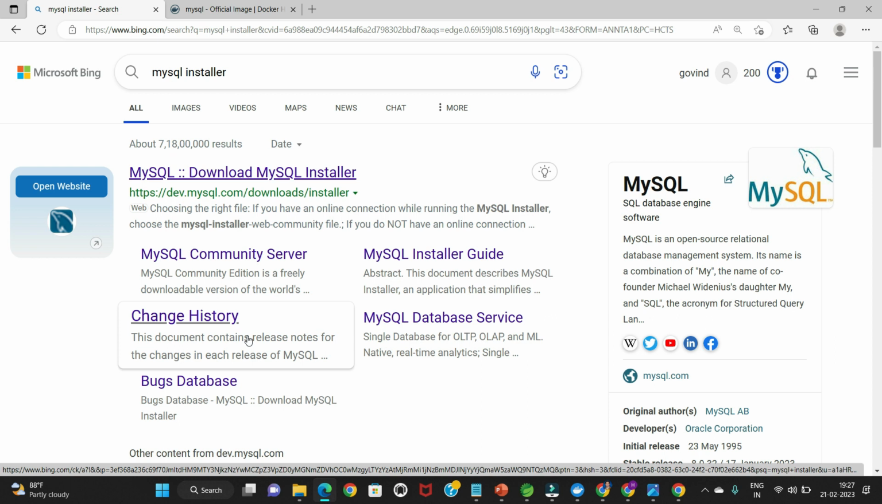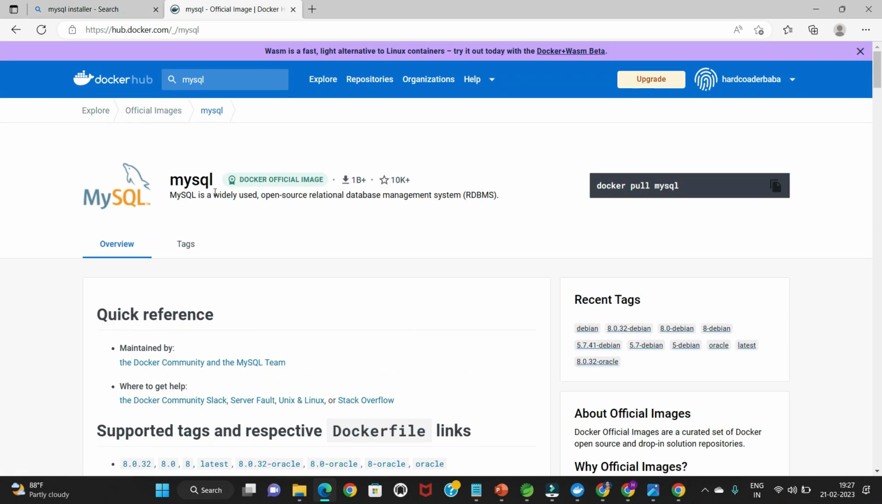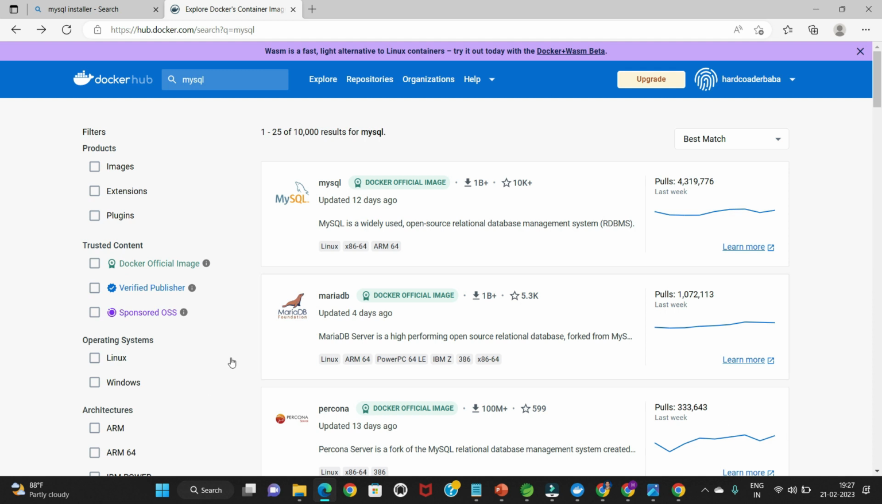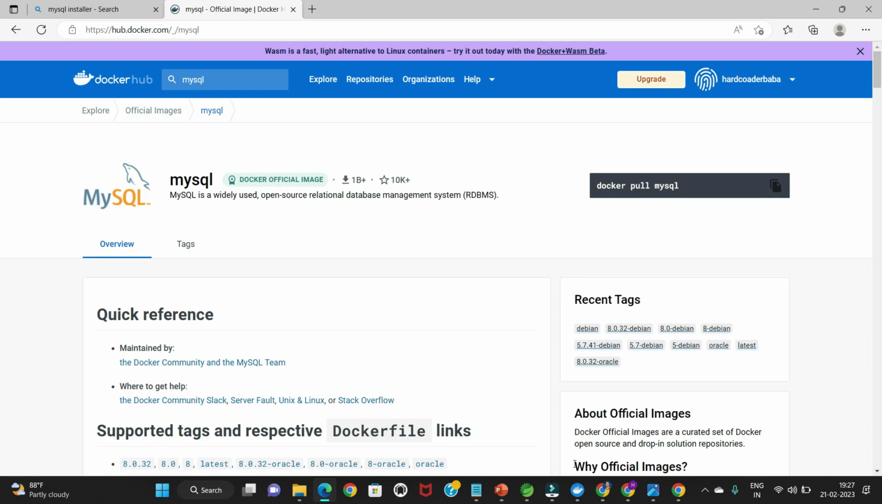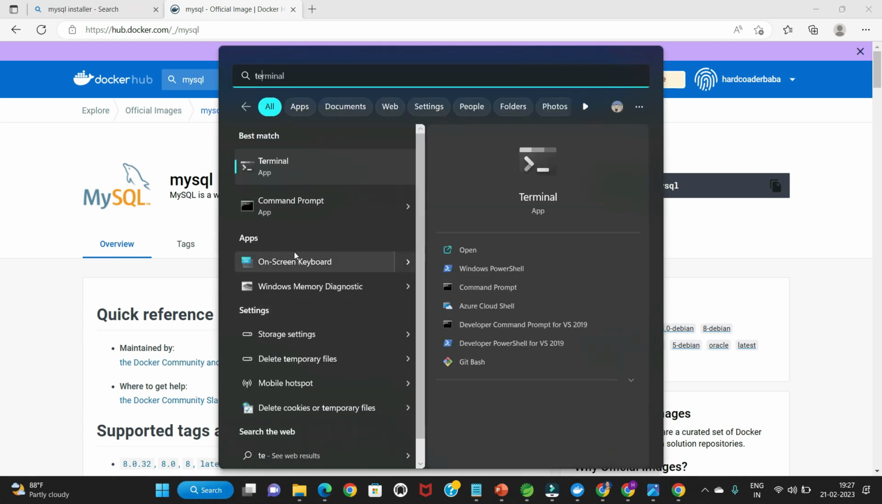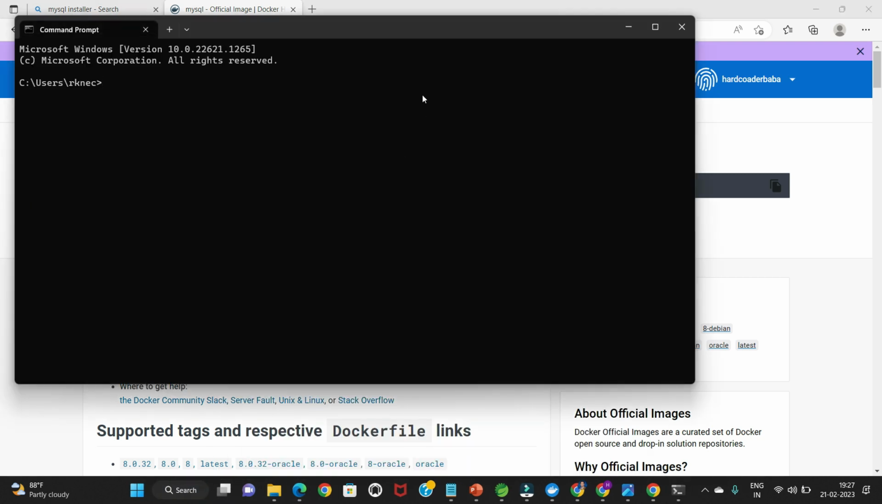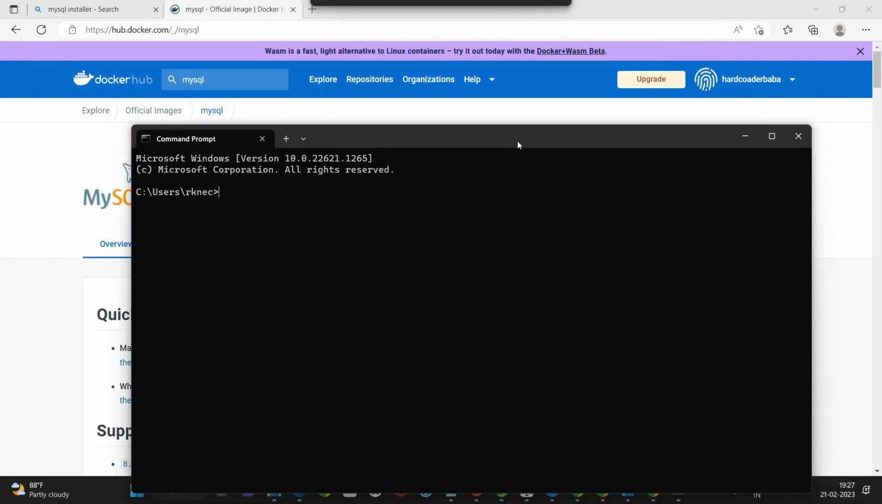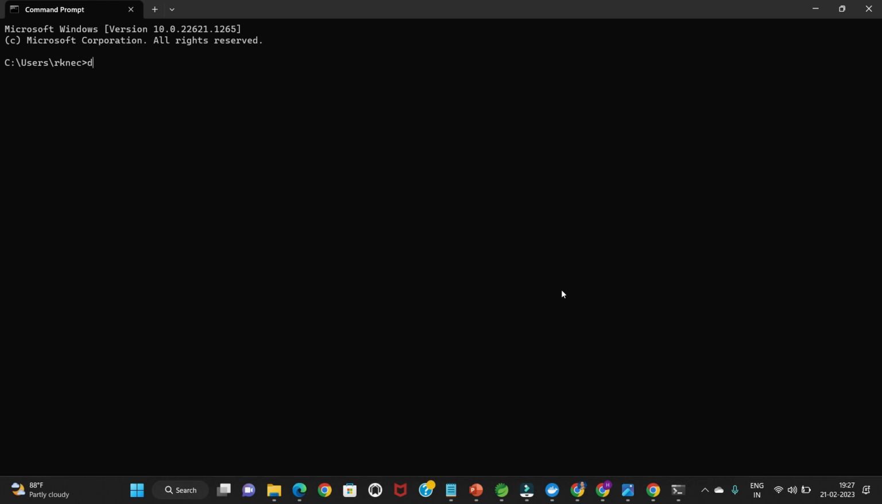So let's find the MySQL image on Docker Hub. This is Docker Hub and this is the MySQL image. Let's pull this image onto your local system to install it. Open the terminal or command prompt. To pull the image the command is docker pull, but instead of pull, here we use docker run